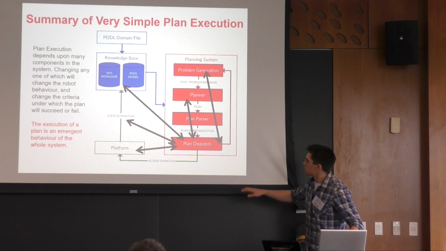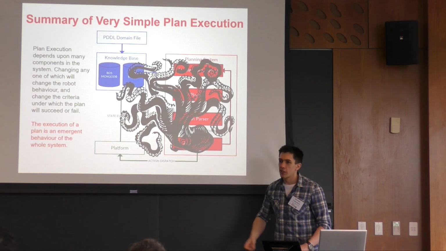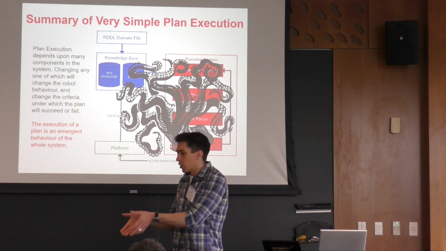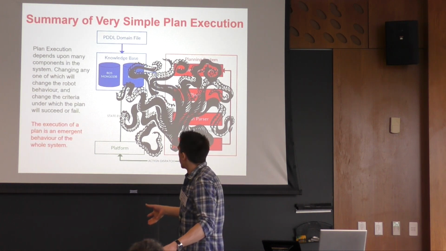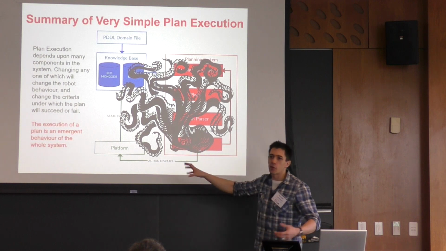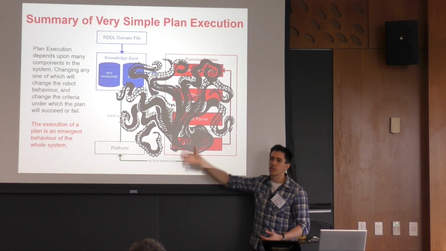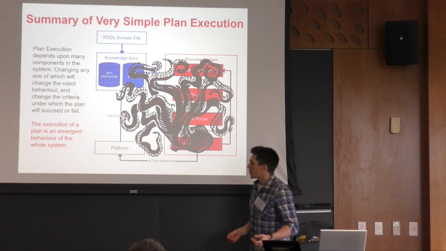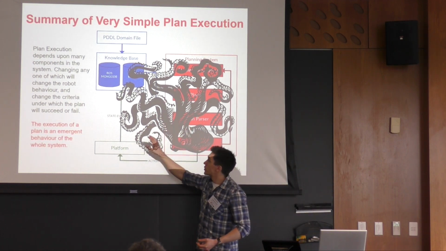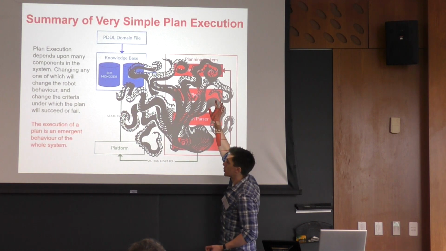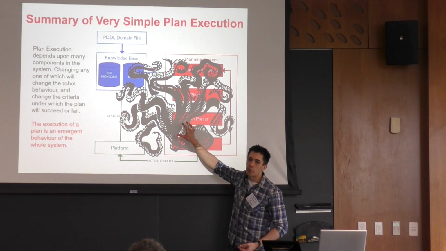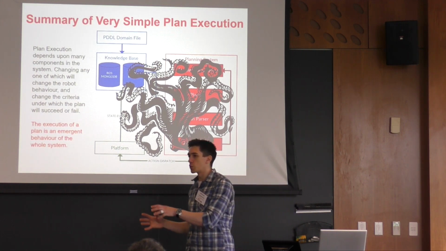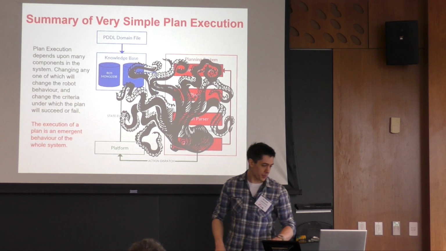So really this plan dispatch box is coupled with everything else in the system. You want a ROS system to be lovely and modular, and it turns out to be this monstrous thing where everything is coupled together, and the whole thing is your plan executive. And that's not ideal. If you change any one of these parts, the way you store the state or generate the problem, or the representation you have of the plan, the whole behavior of the robot can change, and the plans which will fail or succeed change.